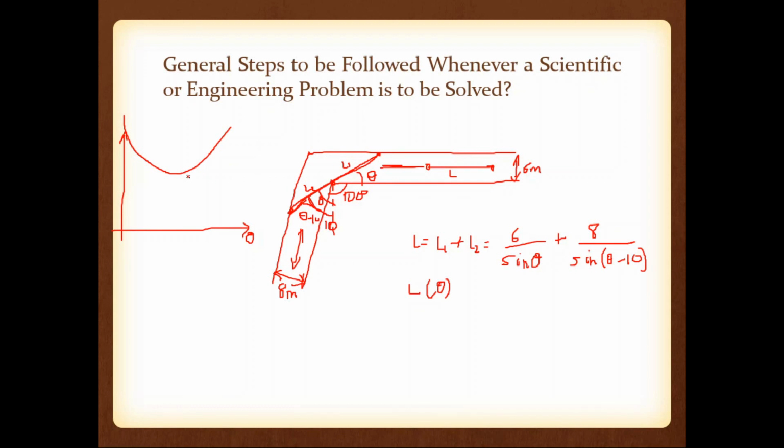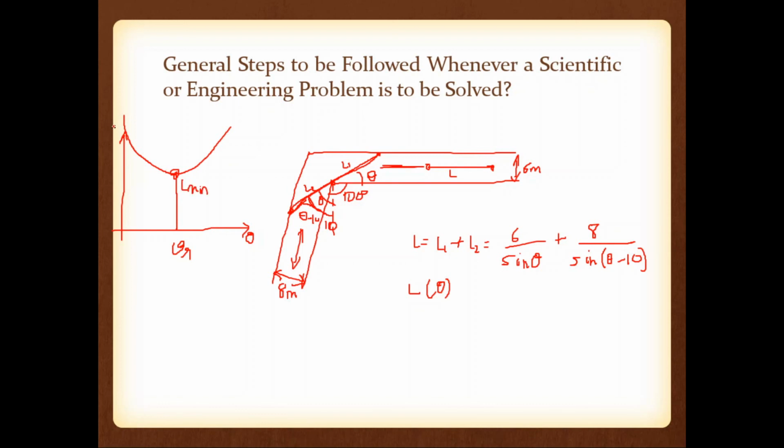Okay, so the tilting is possible if and only if theta is this one. So this is the theta that we are going to find. So this is theta R. This theta we are going to find, and at that particular theta, L is minimum. So how to find that theta?